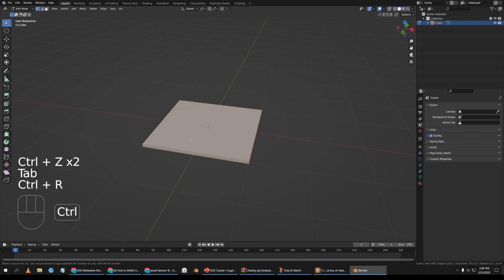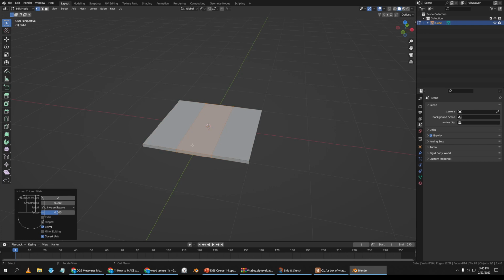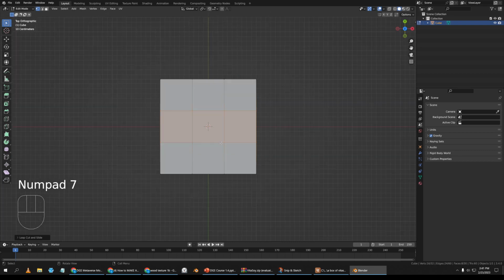Just quickly do that again. Okay, edit mode, Control R, put your cursor there, roll your wheel up once, and left click to cut, and right click to drop it without sliding it. So now I got 2 cuts like that, and I'll do 2 more on the side like that. And close that window. Okay, and then from the top view, I'm going to turn on X-ray mode, which is